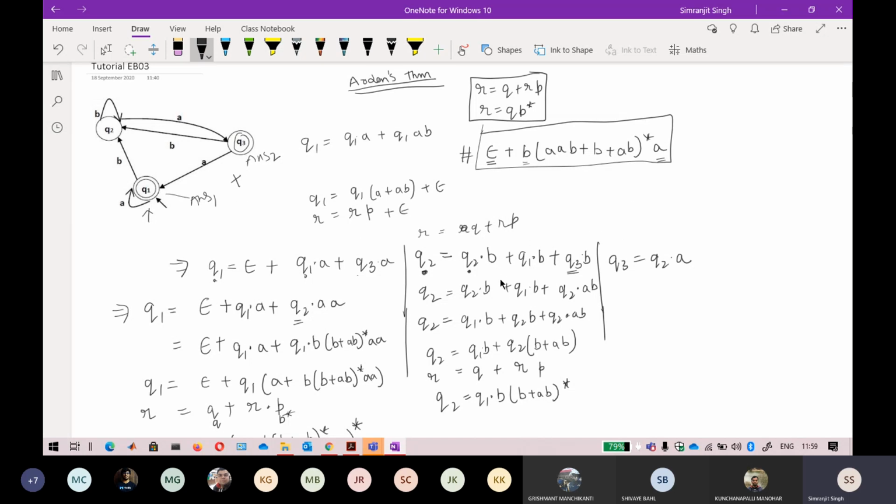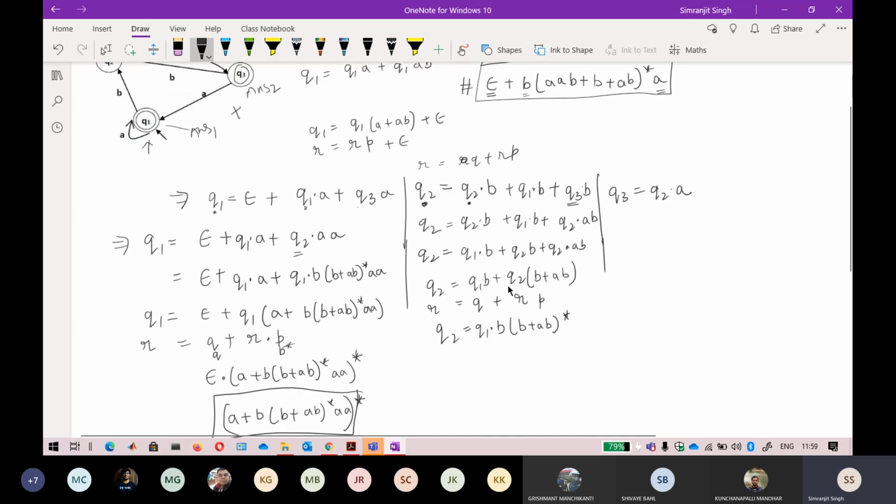Okay, so if you clearly see, you may also have followed another path and got another regular expression, so don't worry about it. Just check it in your automata. If your regular expression is accepting the strings, that is okay, but if it is not, then see if you made some calculation mistake. Okay, so there will be times when you're solving with Arden's method that you will get stuck at some places.